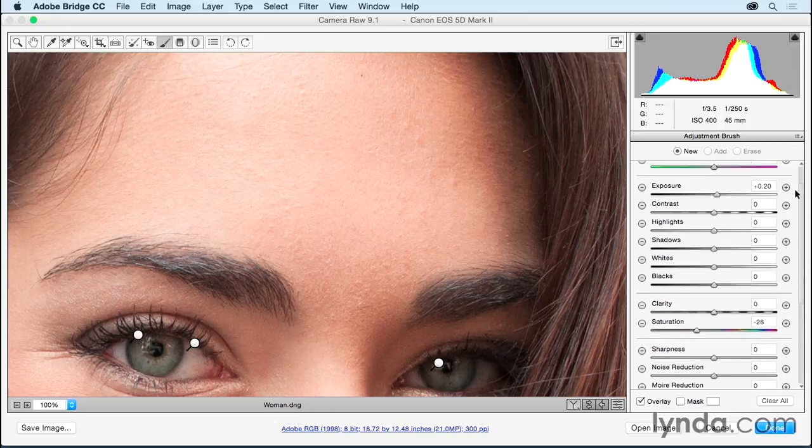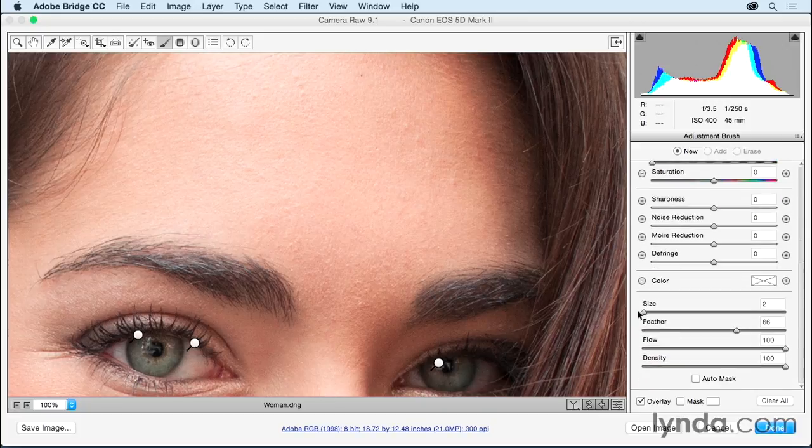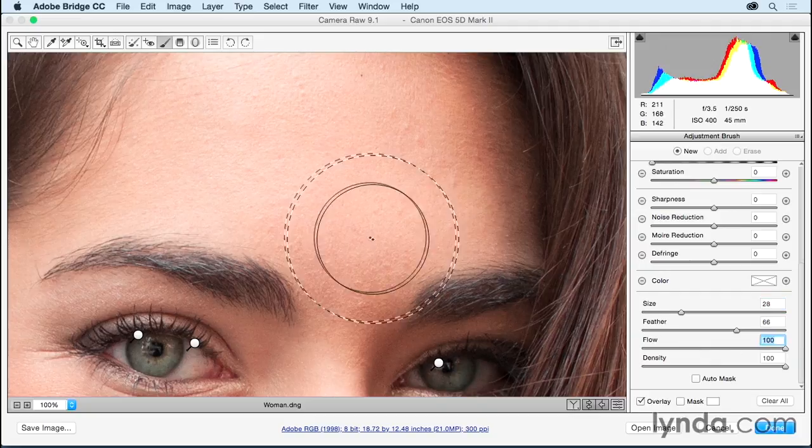You might have other settings that have been loaded here in the adjustment brush. So to reset all of them and just add a negative clarity, I'm going to click on the minus icon. Now let's bring that all the way down to the left for a moment, and then I'm going to paint in the image area. So let's scroll down and get a little bit larger of a brush. And I'm going to make sure that the brush has a nice feather on it. And I might bring the flow down a little bit so that I can paint multiple times over the same area in order to build up this effect. But just for the moment, I'm going to leave it on 100%